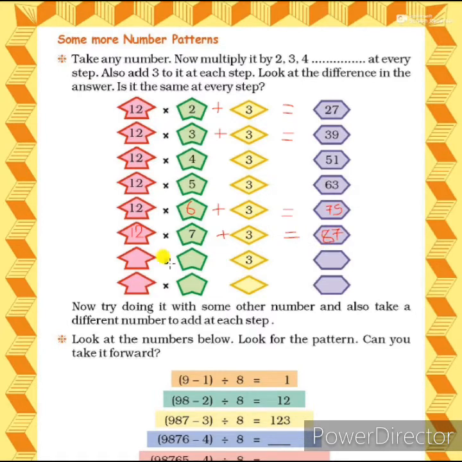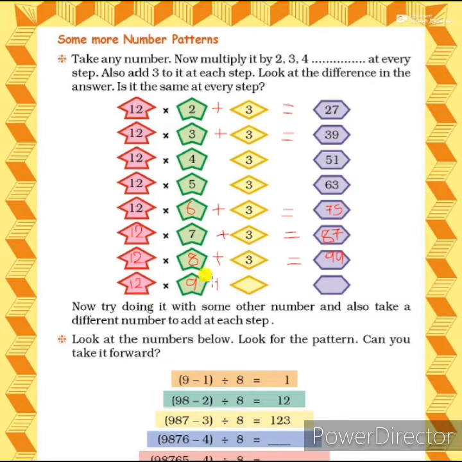Now the next step, which means the seventh step. In the seventh step we have to write 12 into 8, continuing with the multiples of 12. We multiply 12 by 8, plus 3. 12 multiplied by 8 is 96, plus 3 equals 99. So we have to complete that step also. And now we are going to the last row. In the last row they have given nothing, so we have to follow the same pattern.